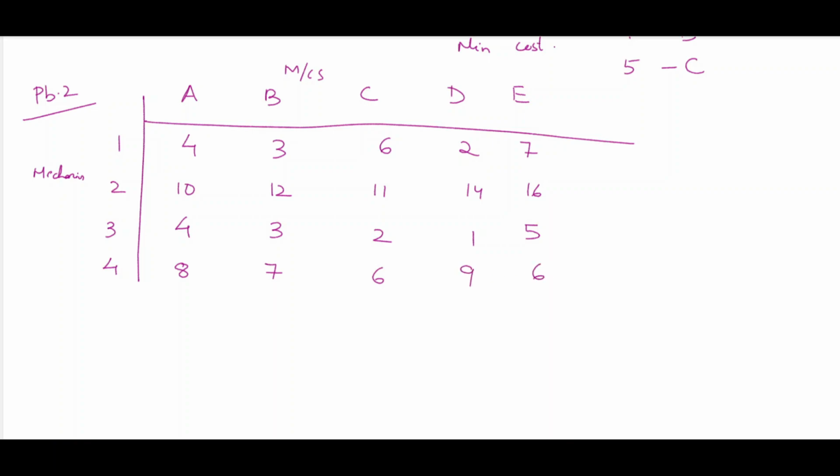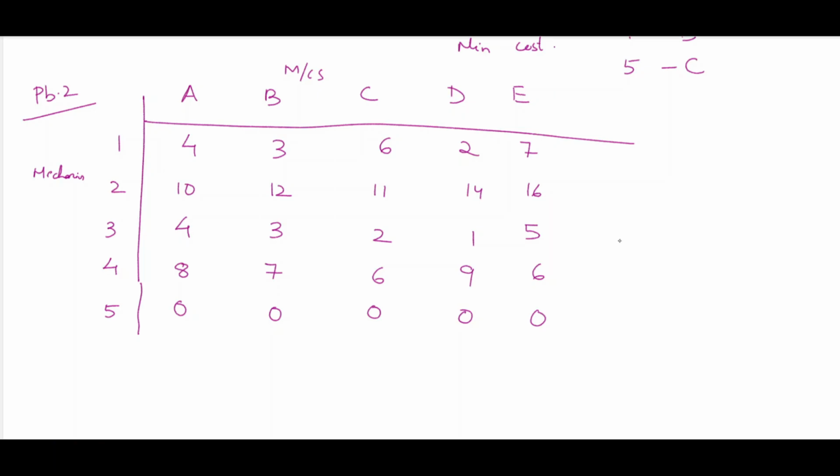You can see that this is an unbalanced assignment problem because the number of rows is not equal to the number of columns. So how can you determine it? The first step is that you will make this assignment problem into a balanced one by adding, for this problem, one fictitious row having zero allocation. So the fifth row you are preparing by adding zeros. If there is any shortage in the columns, you will do the same for the column.